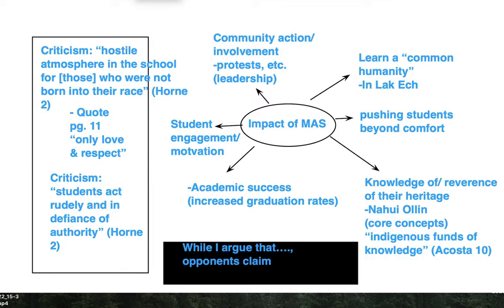So that's some key info from the prompt, but it really helps from here to brainstorm and start thinking about what you believe personally about the program's impact. I want to share with you guys the results of a brainstorming session that we had during one of our last class discussions on Zoom. We were putting together different examples of what we saw as the impact of the MOS program. Just to name a few, for example, increased student engagement and motivation, academic success, and many more.